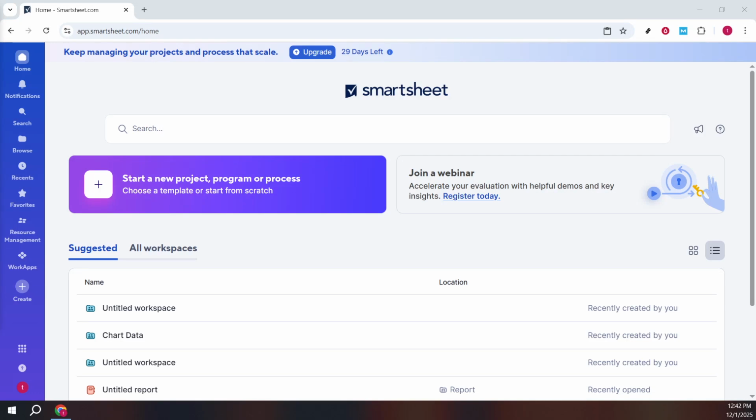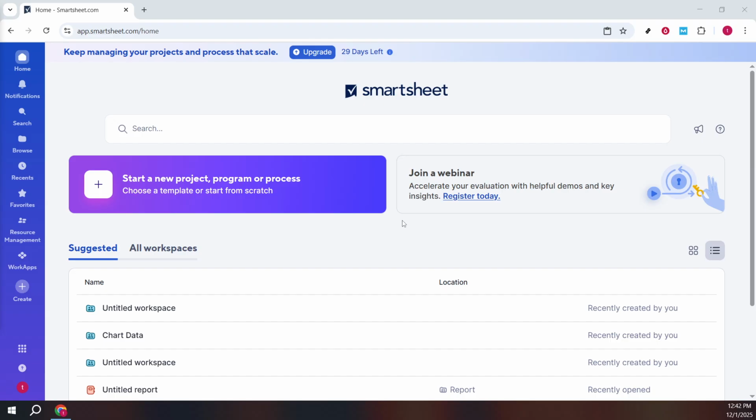In today's video, I'm going to teach you how to create a calendar in Smartsheet. We'll start on the home page, set up a simple sheet from scratch, add a date column, enter a date, and then switch into calendar view so you can see your schedule laid out visually. The key idea is that calendar view pulls its events from date type columns, so getting that part right is